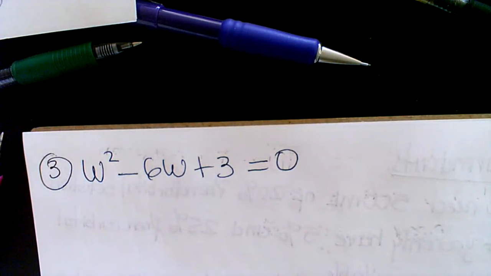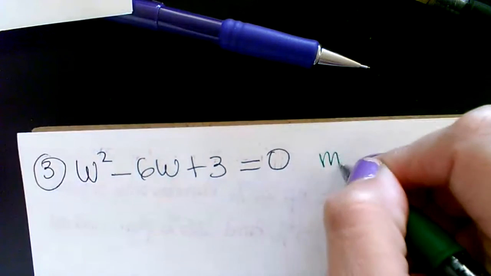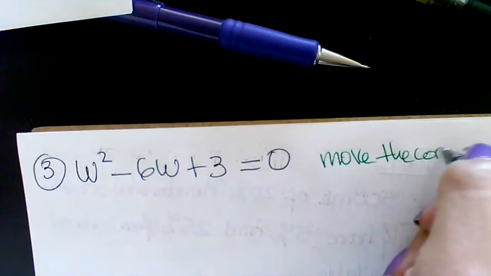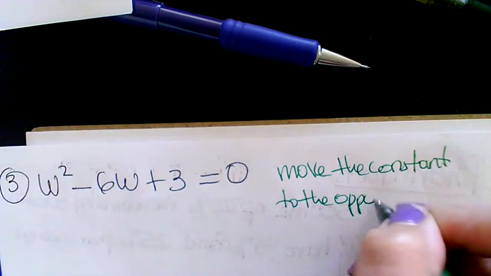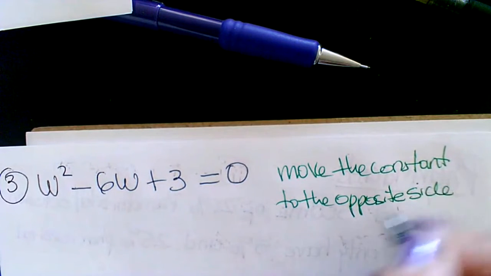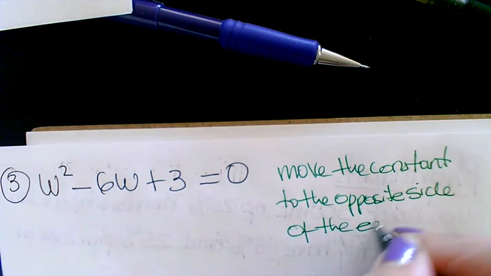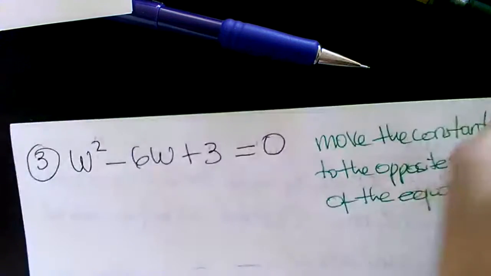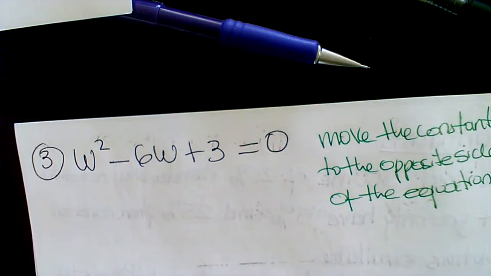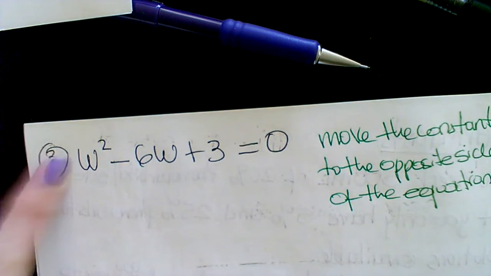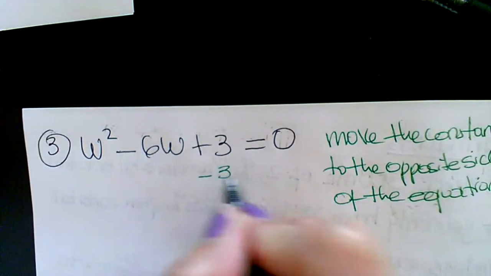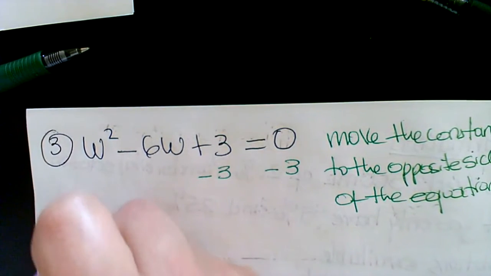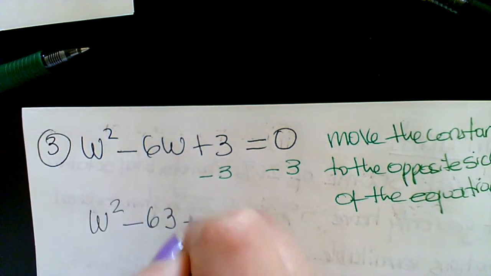We have to move the constant to the opposite side of the equation. Another thing that we need to look at first is that the leading coefficient in this case is 1, so it's perfect. So we're going to subtract 3 on both sides. So what do we have? w squared minus 6w